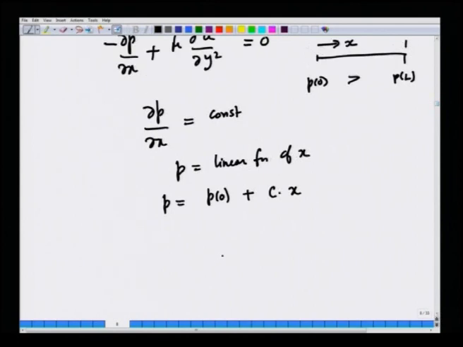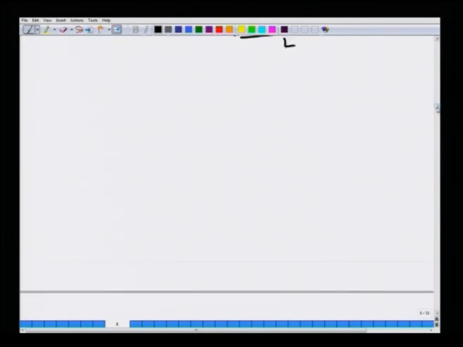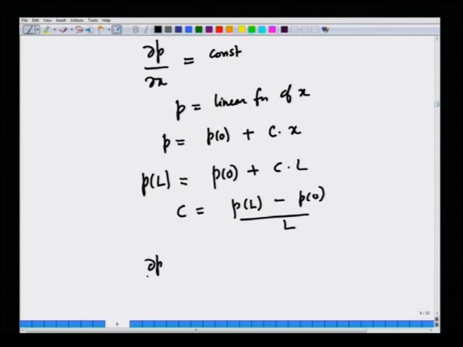Okay. So, I can write p is a constant linear function of x. What is this constant? Let us say at x equal to L, p is p L. So, p at 0 plus c times L. So, the constant is p at L minus p at 0 divided by L. So, partial p partial x is nothing but the constant c, which is p at L minus p at 0